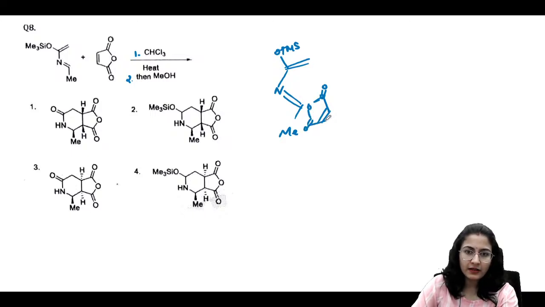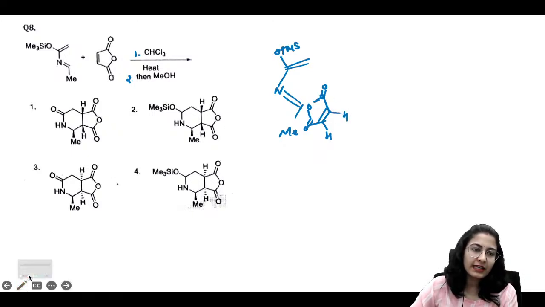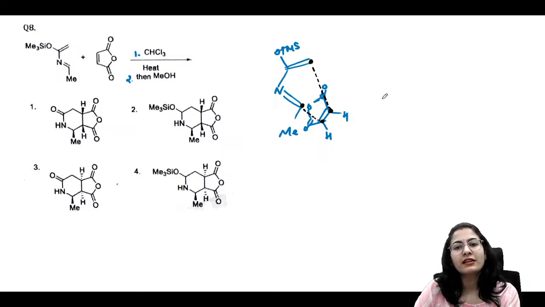The major part of the molecule is endo, isn't it? It is going to be like this. यही तो है endo selectivity. These two carbons are going to react. ये क्या करेगा इस तरीके से attach होगा. This is the endo selectivity. So if we are checking the endo